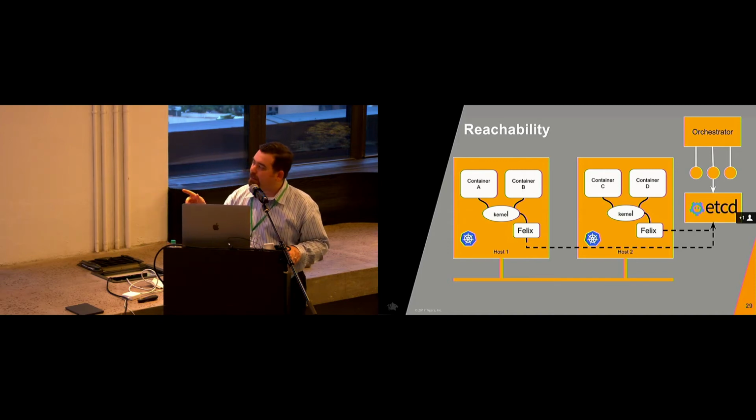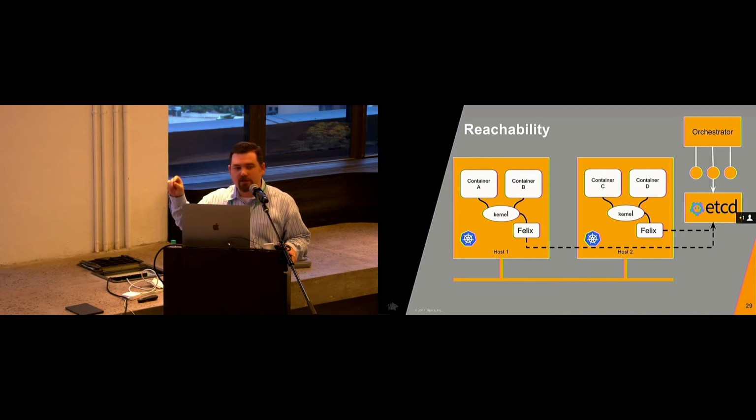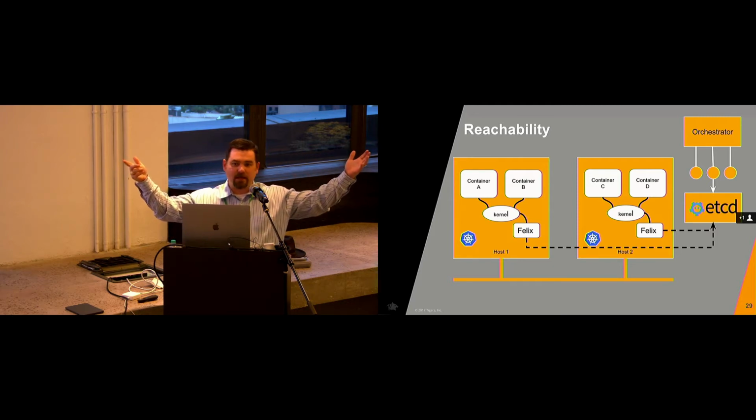The other thing Felix does is run in user space, right? So Felix is never in the data plane, in the data path. Everything that we're talking about tonight stays in the kernel from end to end until it gets delivered into the container and processed by the application. So application A or container A sends a message to container D. Everything is going to go through the kernel end to end.